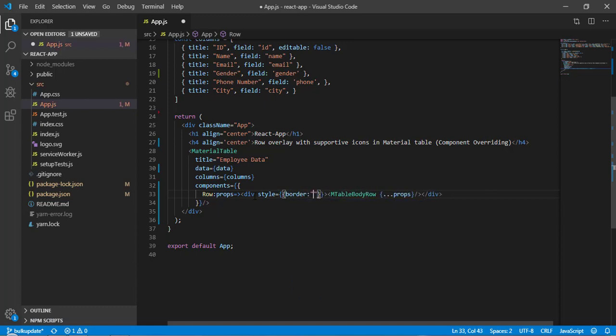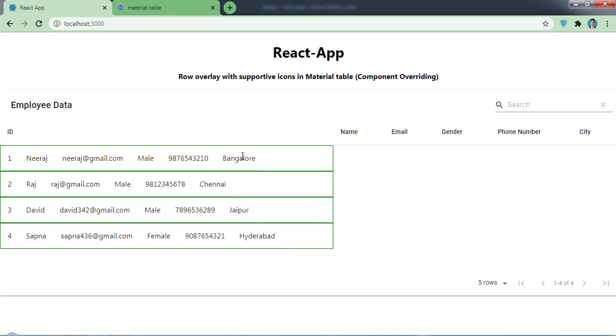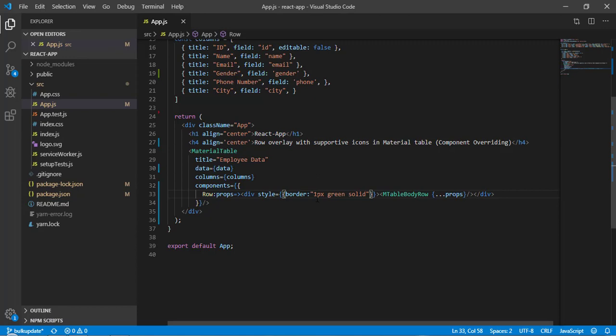So border, I will call it 1 pixel, and let's give it a green solid. Now save it, and let's come back here. So you can see here in each row I am getting my border color as green, okay. So now we are rendering this part, okay.